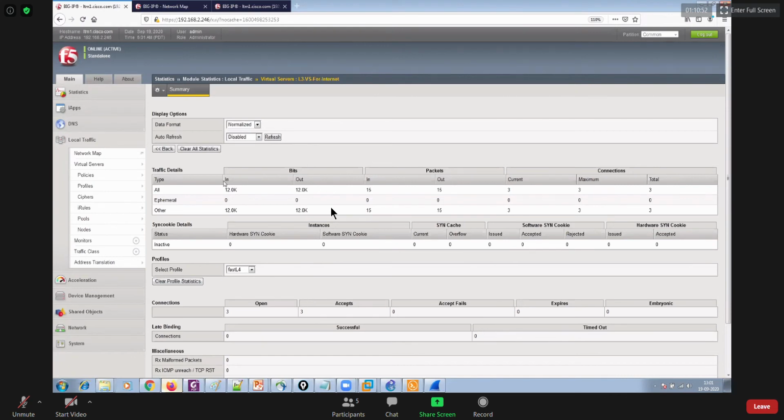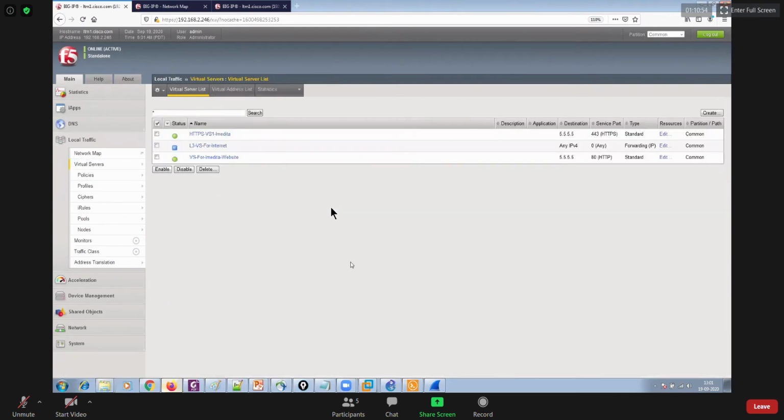Okay, so that's the layer 3 virtual server. That's how we utilized it, as a router. If this virtual server is not configured properly and is not allowing data for all protocols, of course ICMP will not be allowed. Earlier, when we created it, we allowed only TCP based traffic. It was not allowing ICMP, and that was the reason we were not able to reach the internet from the end user machine.